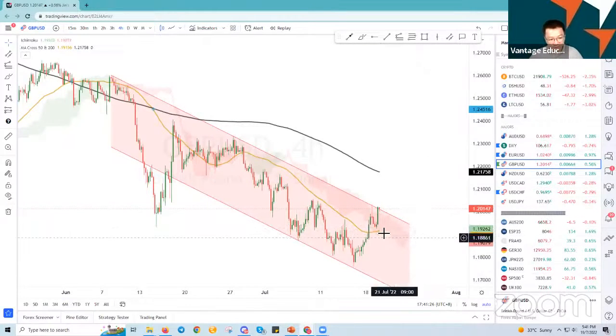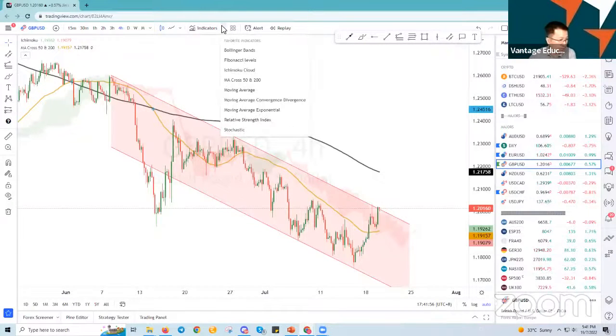You can see that despite the red Ichimoku Cloud towards the downside, that green is forming. We're seeing the 50 MA starting to turn back a little bit or sit across a little bit. The downside seems to have stalled. So what you want to be looking for in this case is whether price is going to push up or whether it's going to turn back down again. What I would put in as well in this case is